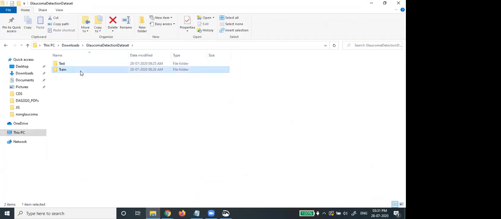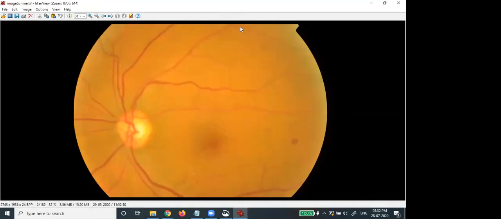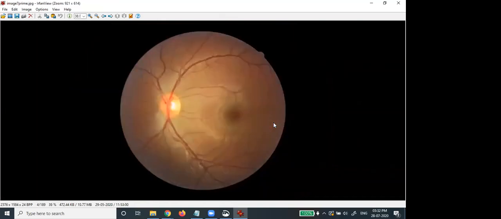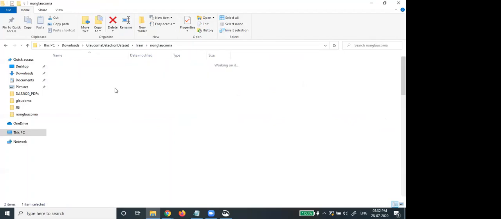In a previous webinar, I think Professor Kaushik Bosar already showed you these types of images, like optical cup images. This is called the glaucoma dataset. Eye images and retina cells are there, which he already covered. So we'll perform a program. Here is an image of a glaucoma patient, and this is a non-glaucoma one.